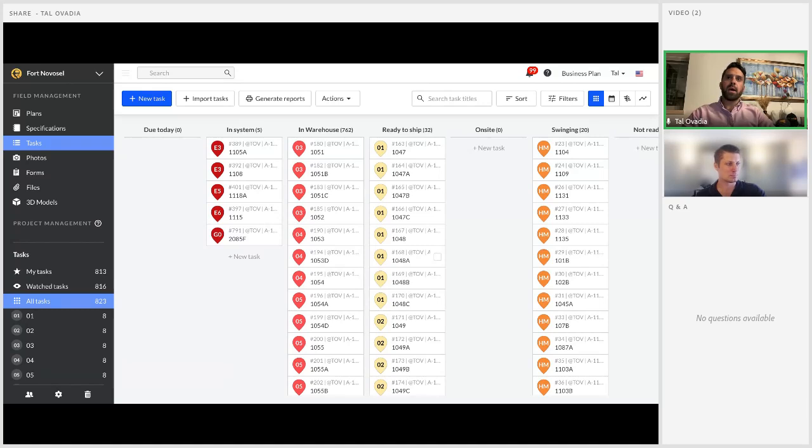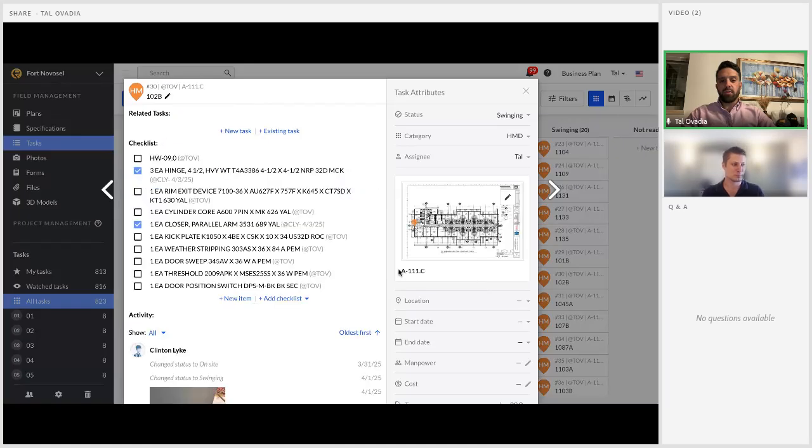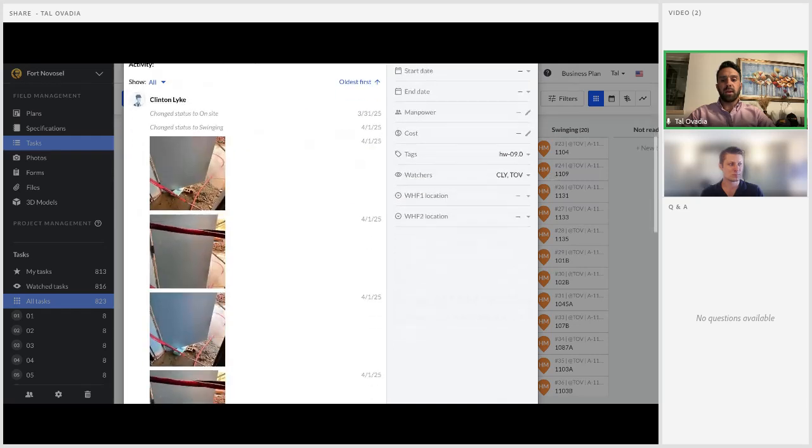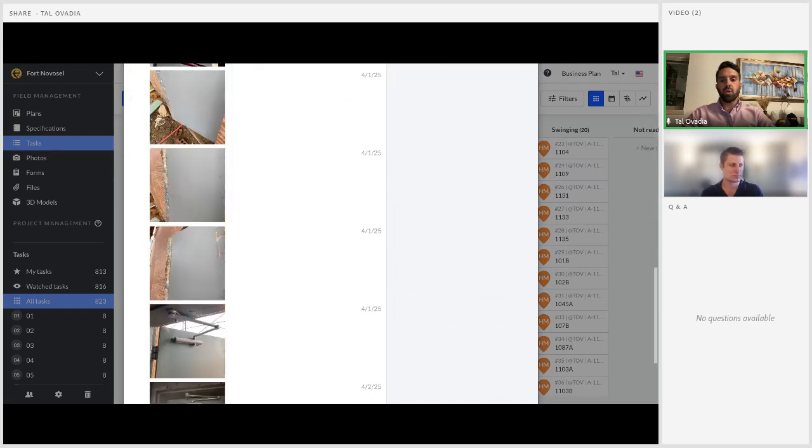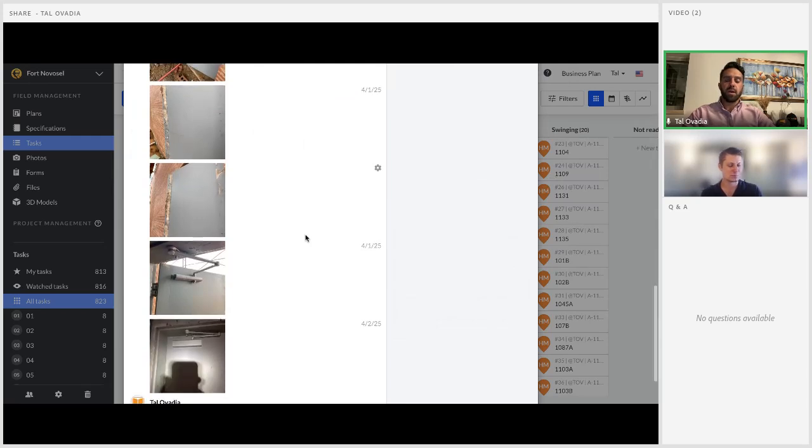But I would say more importantly, back charges used to be a thing that we had very little control or pushback over, because we just didn't have the requisite evidence to present to say what did or didn't happen. But today, if we get a back charge for damage to a door, we go directly to Fieldwire and open up that opening. The first thing we're looking for is, one, when was the last time we were at that door? And two, were we able to document that the door was in good or not good condition at the time that we were there?